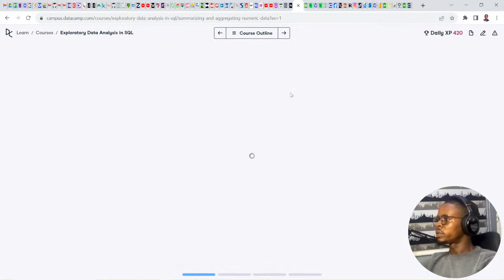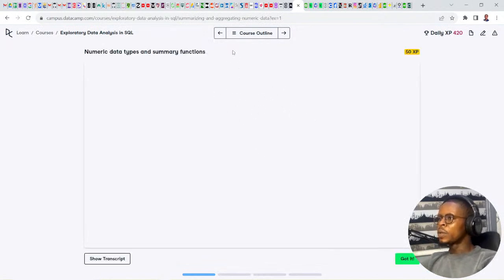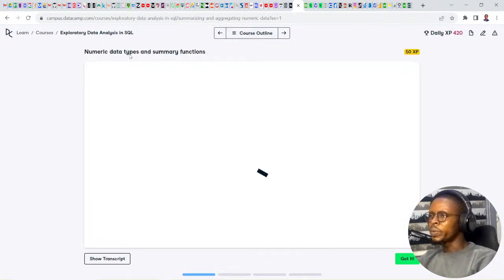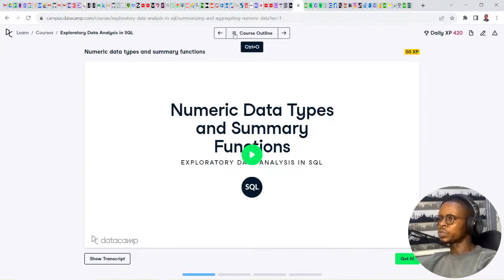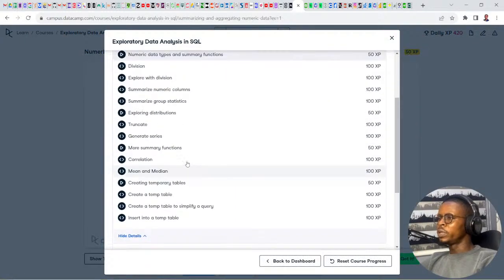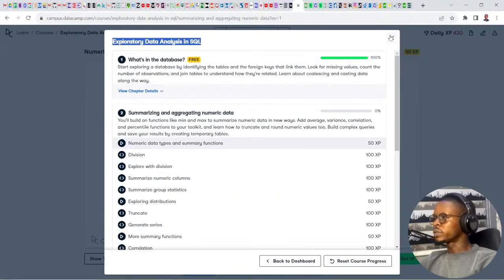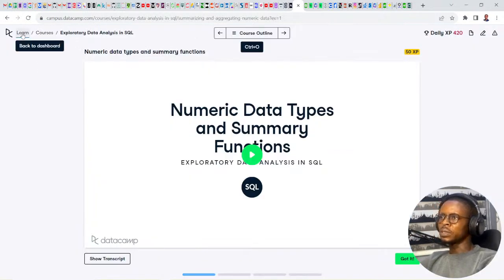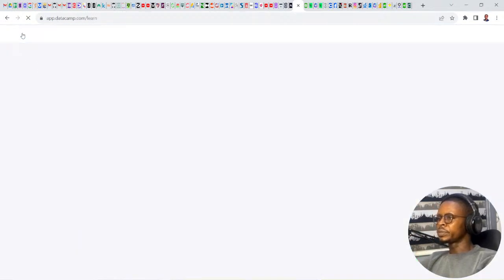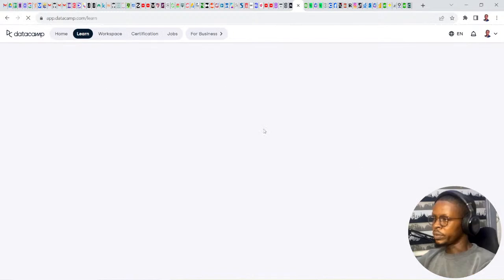I'll get to it later. So we finished chapter one. So we're going to numeric data types and summary functions. Definitely, we're starting chapter two of this exploratory data analysis in SQL on tomorrow's live stream. So I'll just close this, go back to the learning dashboard, and achieve something today.